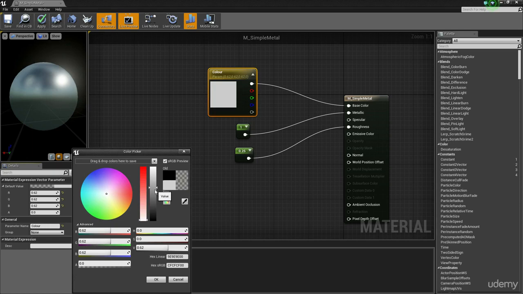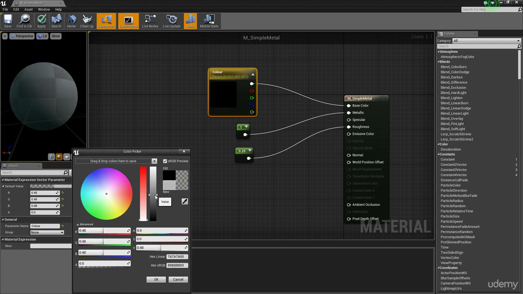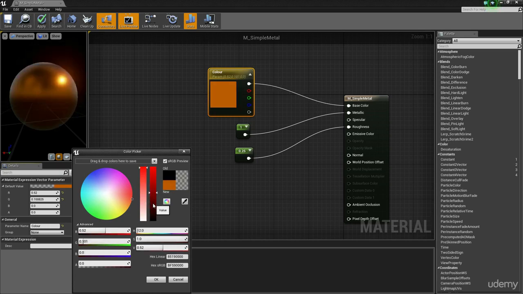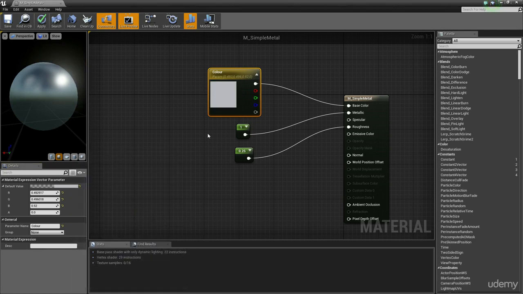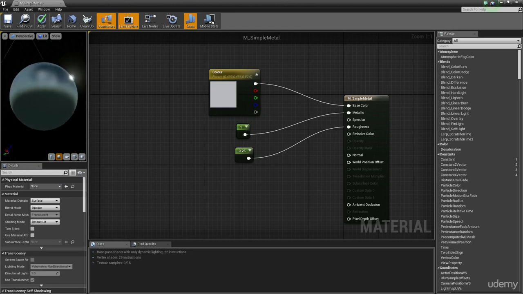Probably going to set it up to be a little dark. That's good enough. And if we wanted to, we could theoretically tint it as well, but I don't actually want to tint it because I want my pinballs to look reasonably just gray. So I've hit OK, and we've got ourselves a simple metal. So now if I hit save,